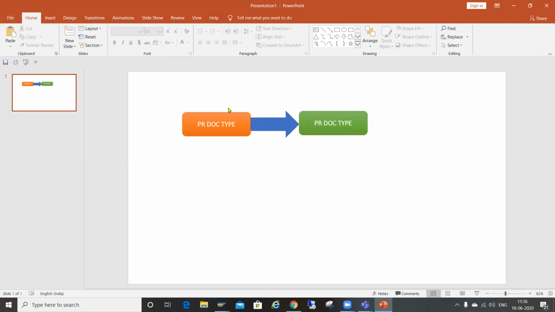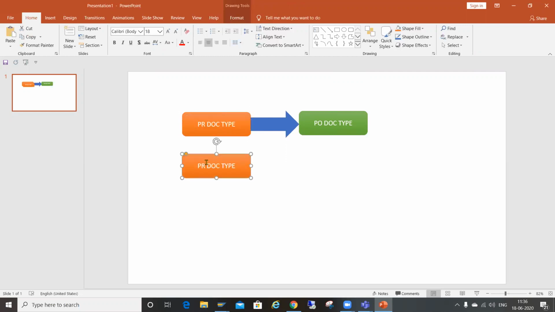Here let us see how you link PR document type to PO document type. Suppose you are creating a PR for import purpose, import procurement.